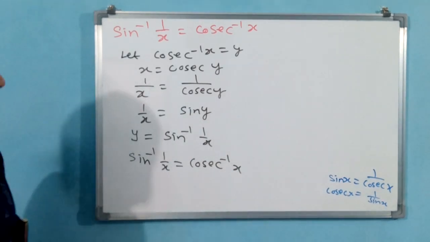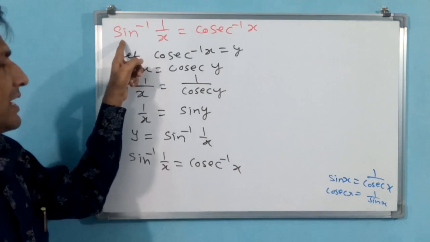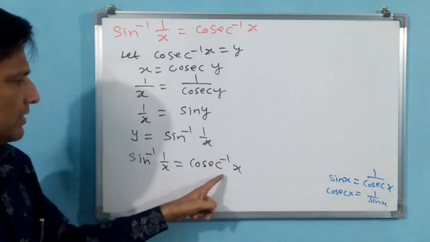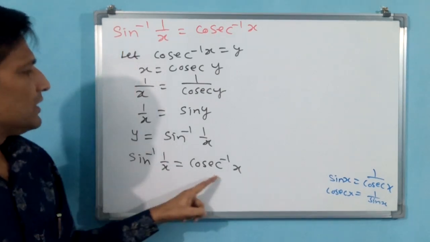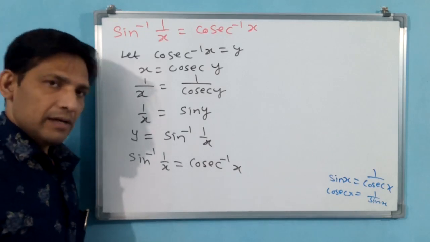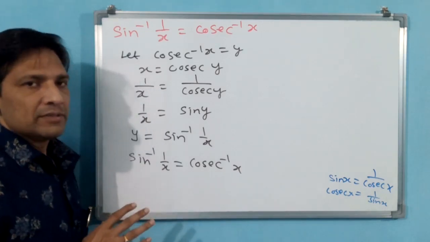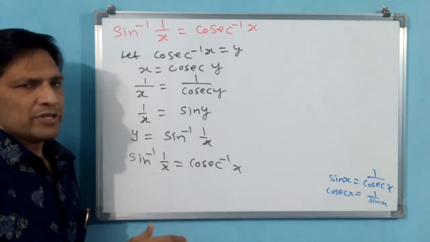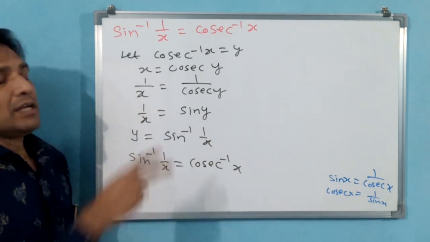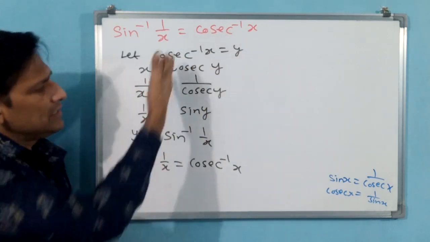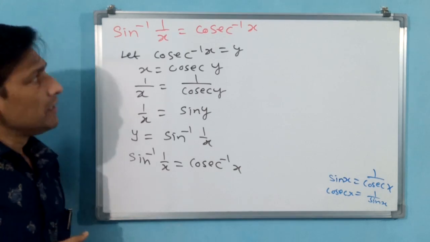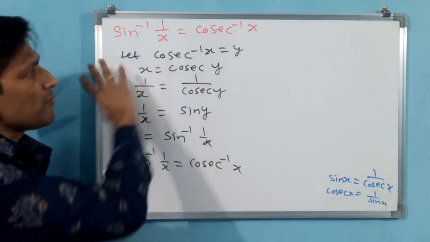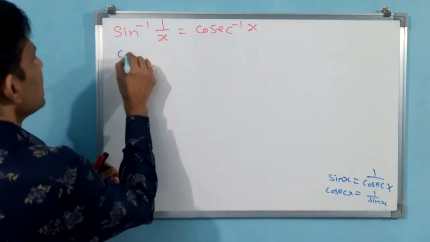Okay. You see, what can we say? LHS we have taken, RHS finally we came to know. Sine inverse 1 by x is equal to cosecant inverse x. That you have to note down. And the remaining 5 properties also I am going to list out directly. First you note down this. How it has come, you see. Cosecant inverse x you have taken as y, then like this it will come. Now the remaining 5 properties I am writing down. Note them down.